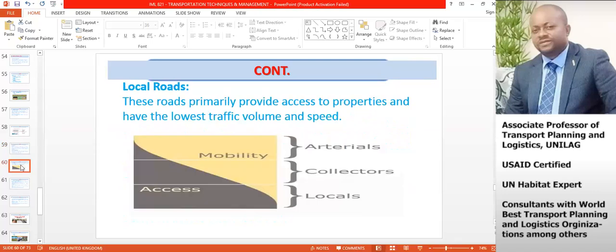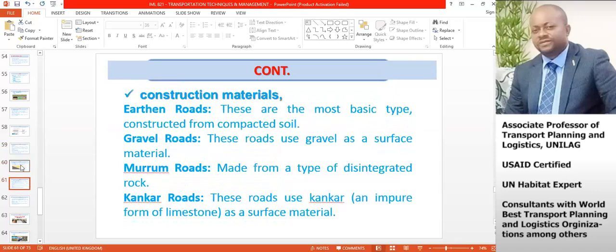Place them properly. So now we also have construction materials. So you have gravel, you have earthen, that's compacted soil, where these earthen roads, you see them in rural areas. They will just try to grade them, compact the soil very strong, and you will see that at different points they grade the surface and they use a compacting machine along that same road. Then